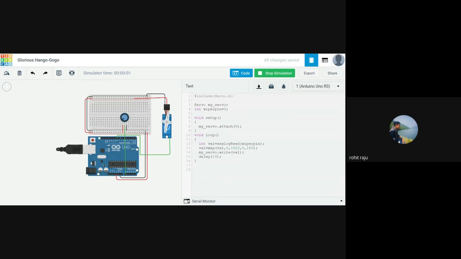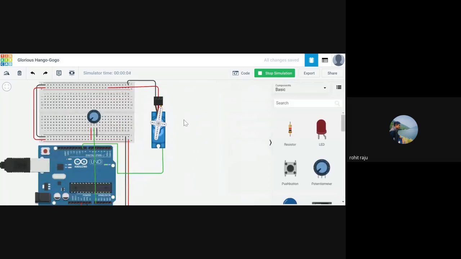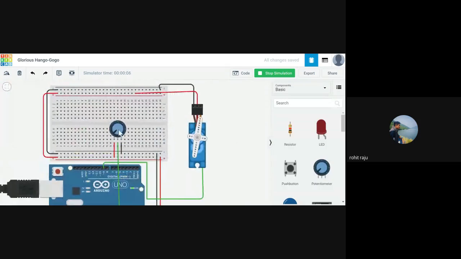Okay. Actually, there is a small pulse that rotates initially. So if you see here, as soon as I rotate this, see I'm rotating this knob, observe carefully. See, it's rotating.